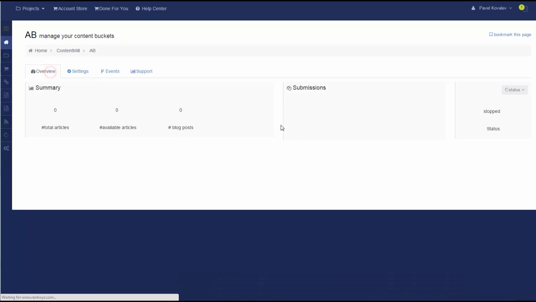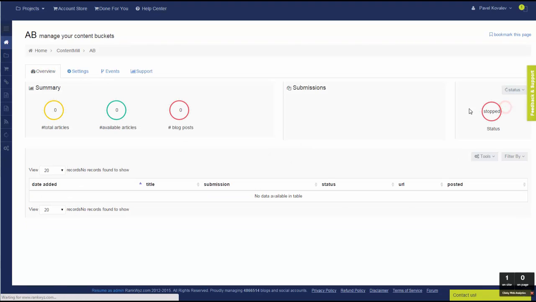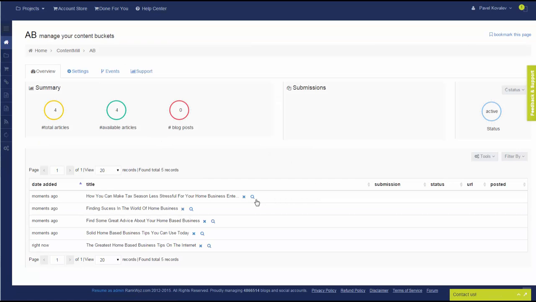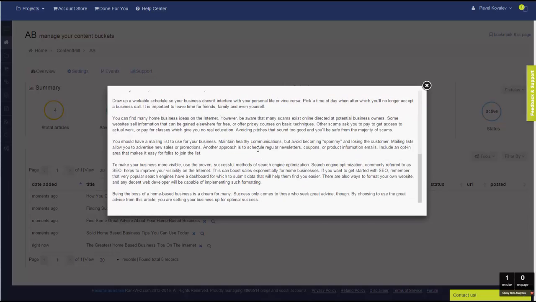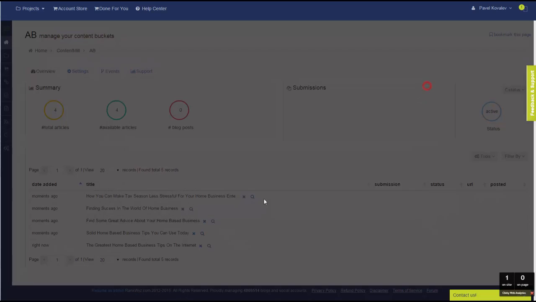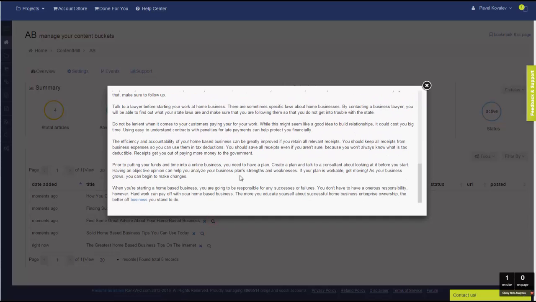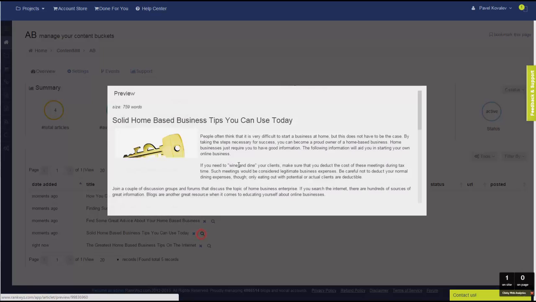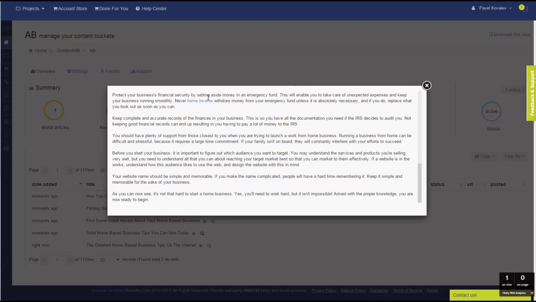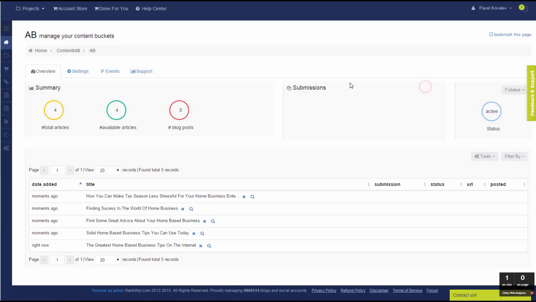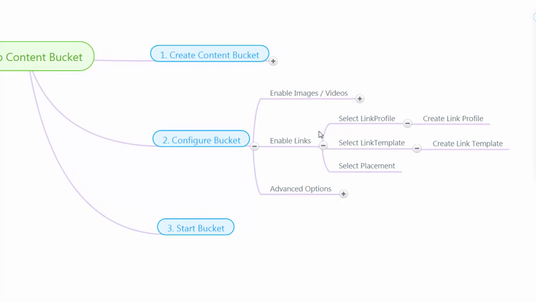Save and activate again. At this moment, we covered how to enable links with your article builder,